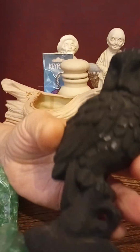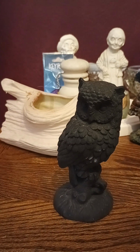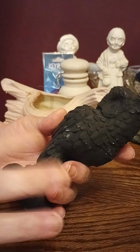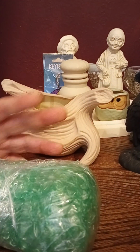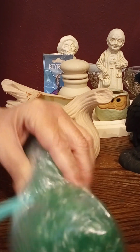Now, as they say, this piece is the one that sold the lot. I wasn't interested at all, hardly, in the rest of these pieces. But when this came up, I got the entire lot for what I could get this one item for. If I would have gone to eBay and looked for that one item, that's the thing about buying, is if you are looking for a specific item,